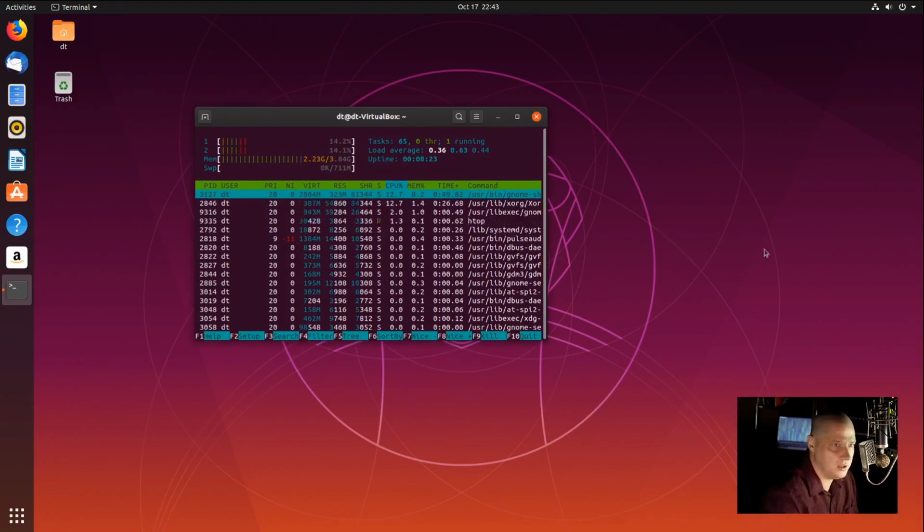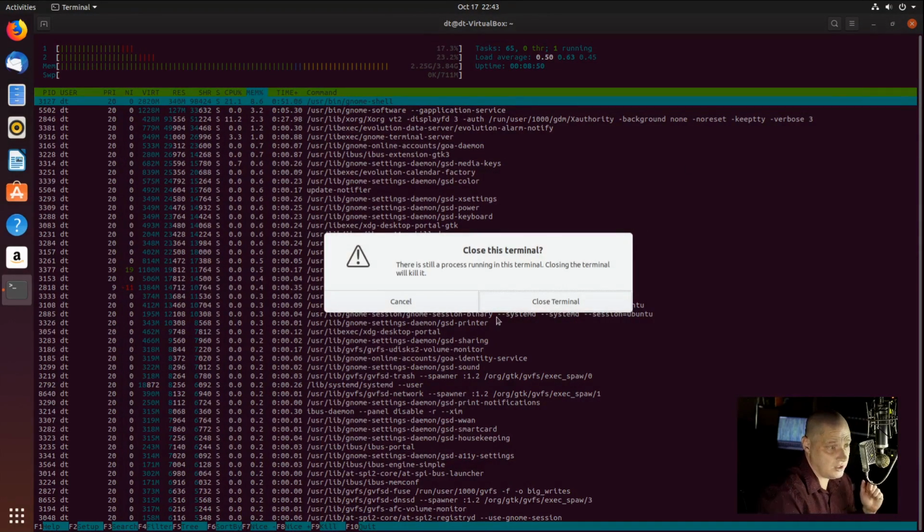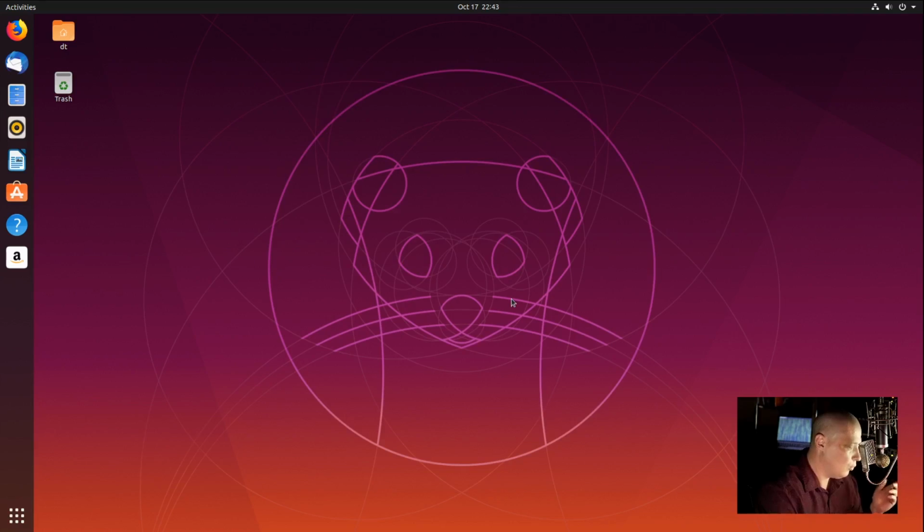We're not really doing anything. I don't have a browser open. I don't really have anything going on in the sys tray over here. Let's sort this by memory, and let's see what is taking up the most memory. I'm going to make this full screen. Let's see. The GNOME Software Center actually is taking up most of the memory. Actually, the GNOME Shell is taking up most of the memory. The GNOME Software Center is taking up quite a bit as well, even though I closed the Software Center. I guess there's some kind of background process going on with the Software Center, probably checking for updates,